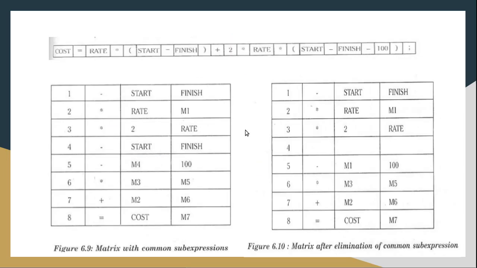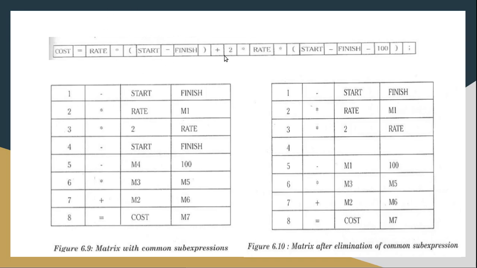Now we are going to see one example here. Throughout this unit we are discussing one example. In that example we have seen the declare statement and the assignment statement, and here we are going to see how we can optimize this particular assignment statement.